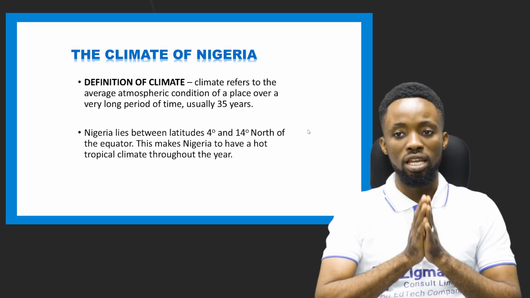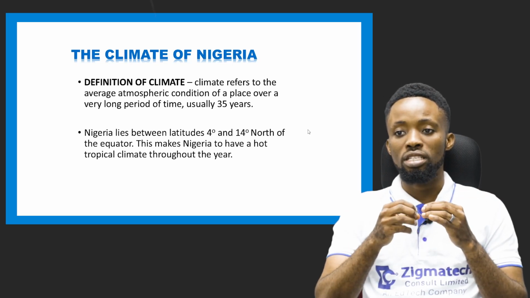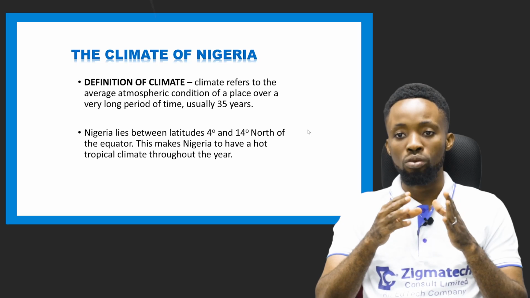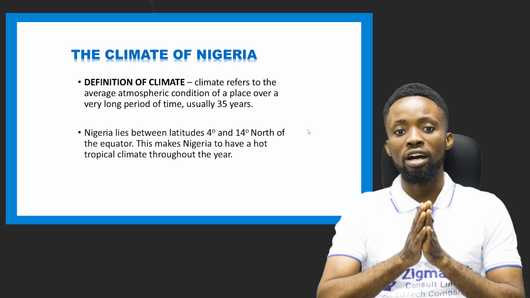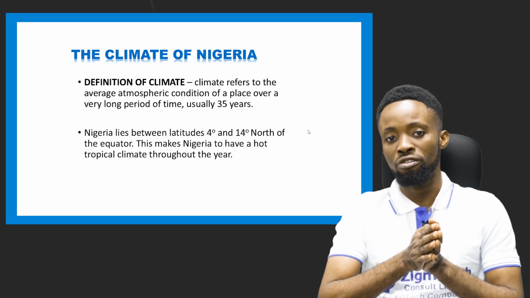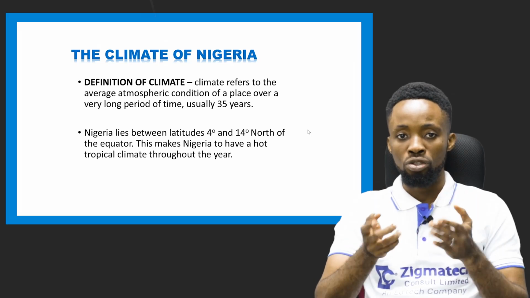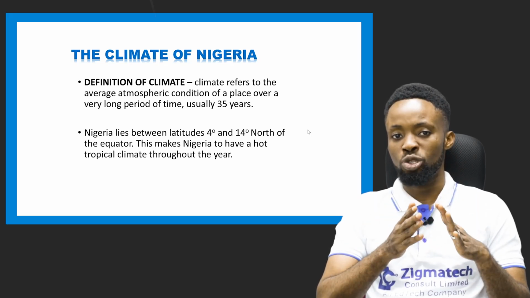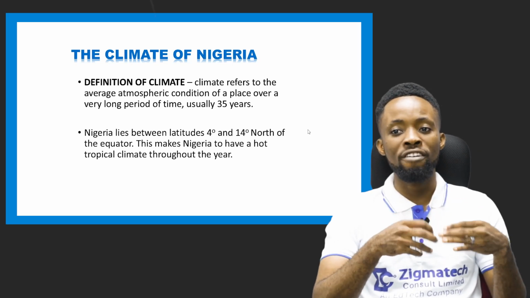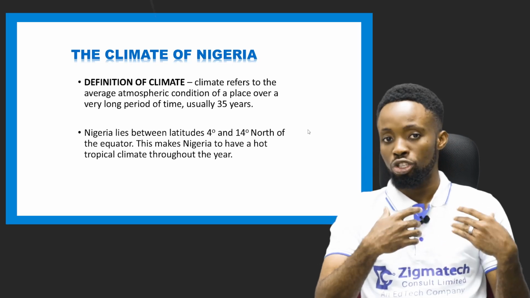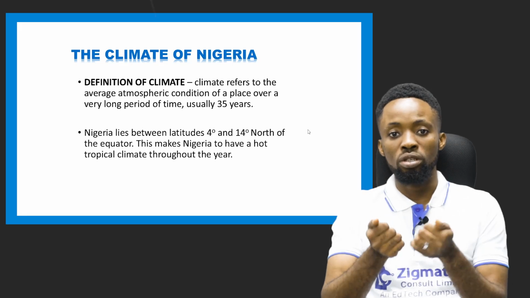What is climate? Now, simply put it as this. Climate is the average weather condition of a place over a very long period of time, usually 35 years. Or you can say the average atmospheric condition of a place over a very long period of time, usually 35 years. Now, what it means is that